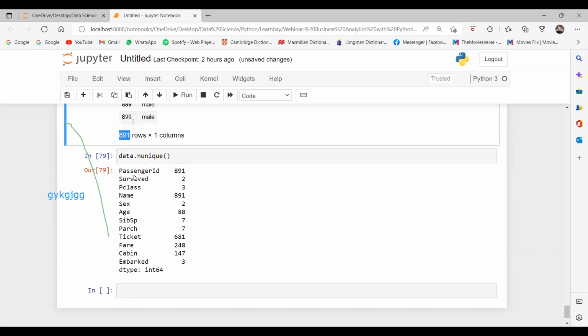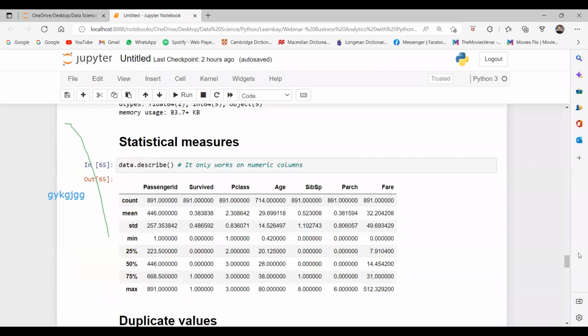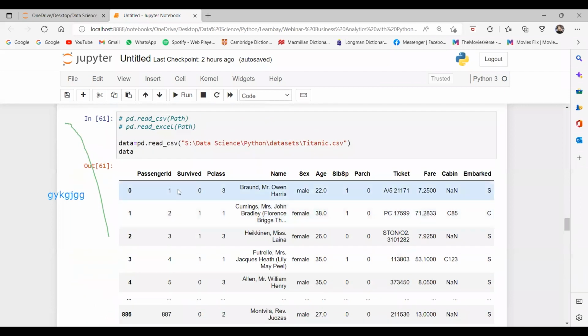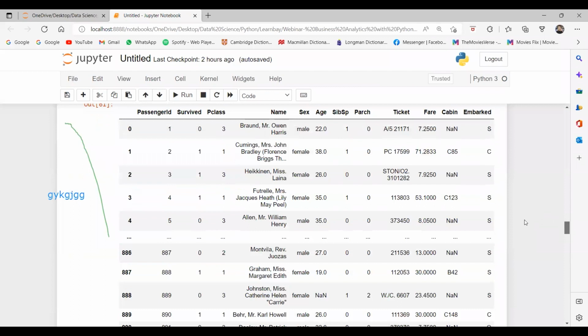If we look at the Survived column, only two unique values are there, 1 and 0, which are repeated again and again. You can see in the Survived column, 0, 1, 1, 1, 0, only zeros and ones.